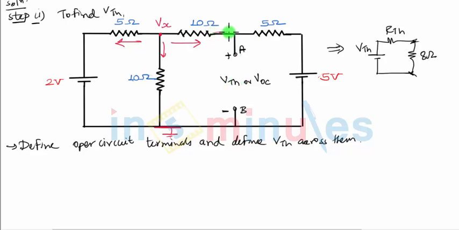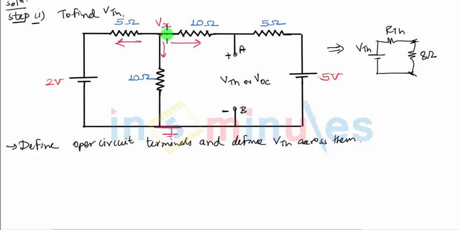So this 10 ohm and this 5 ohm resistors, they are in series. So this cannot be defined as a node. And hence there is only one node, and when I define current through this 10 ohm resistance flowing towards right, this current will also keep flowing through 5 ohm resistance and through this battery towards the ground. So there is no this branch, and as of now please ignore VTH for a moment when we write KCL